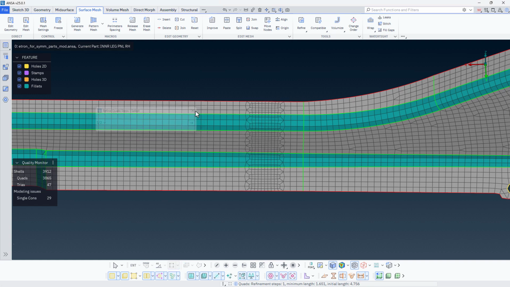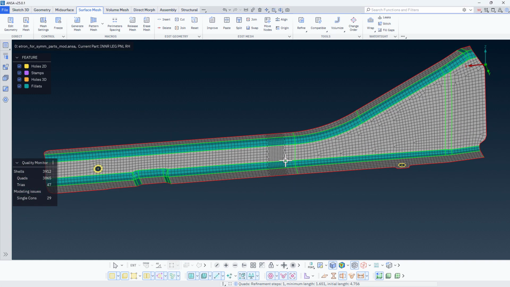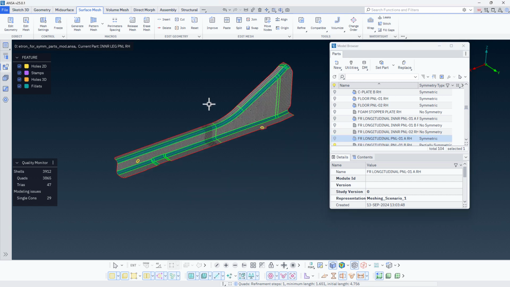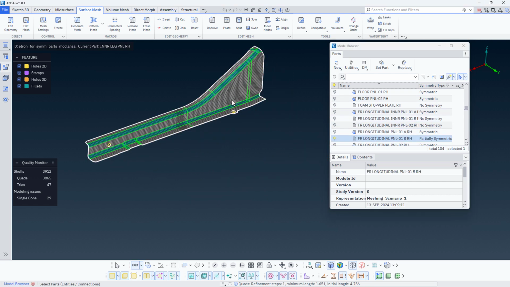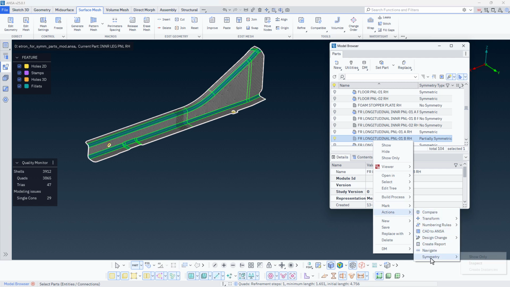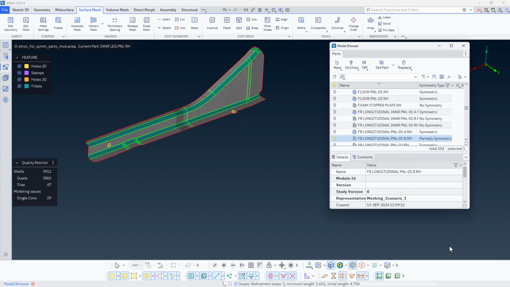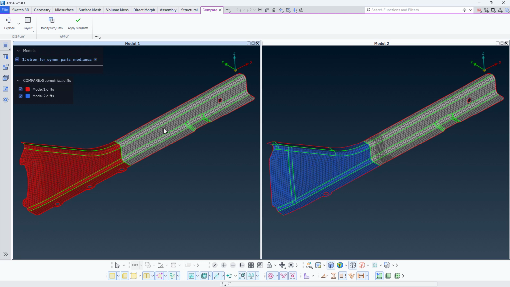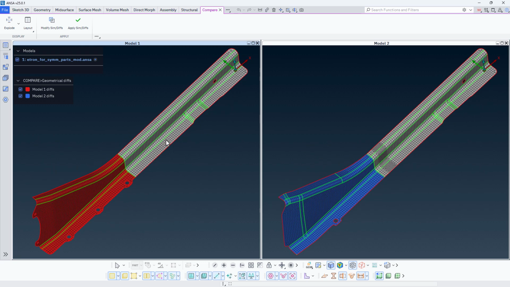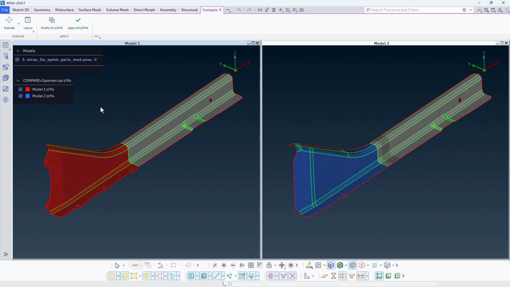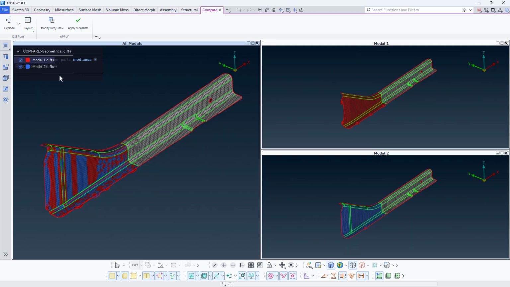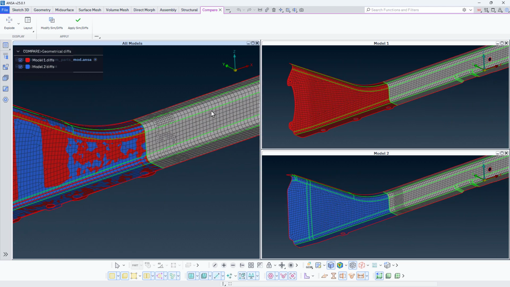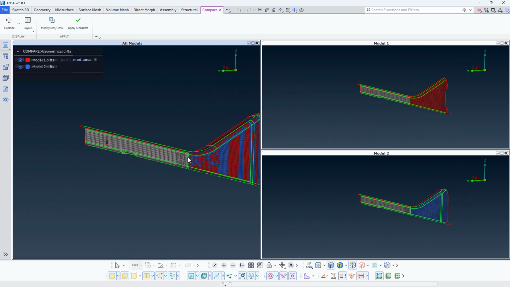Now that the modifications have been made, we can check and exploit the similarities between the two parts. Right-click on the modified part in the model browser and select Action Symmetry, and then Inspect. The two legs are shown side by side with their differences highlighted. Change the layout to view them on top of each other and have a closer look at their differences. Besides the cut, the left leg has 3 holes in the bottom flange instead of 1 and a narrower top flange.